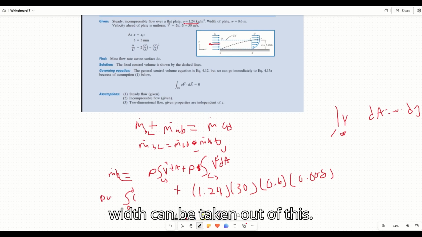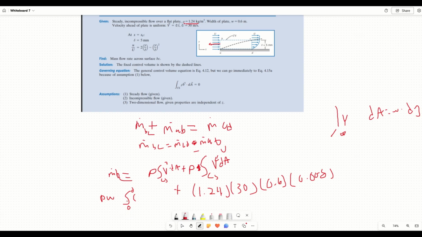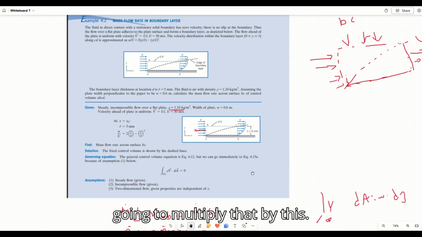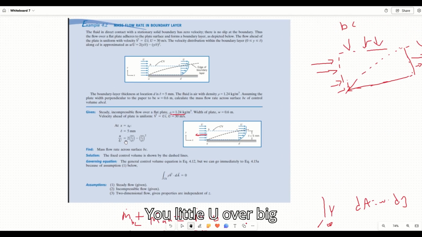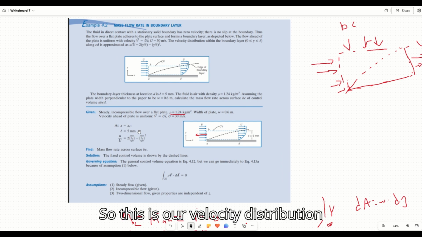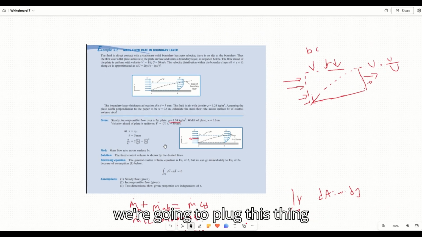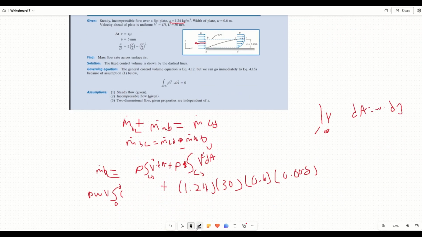Density and our width can be taken out of this, and even this, the velocity, because we're gonna multiply that by this little u over big U. Okay, so this is our velocity distribution within the boundary layer, and so we're gonna plug this thing into our integral. There we go. Minus